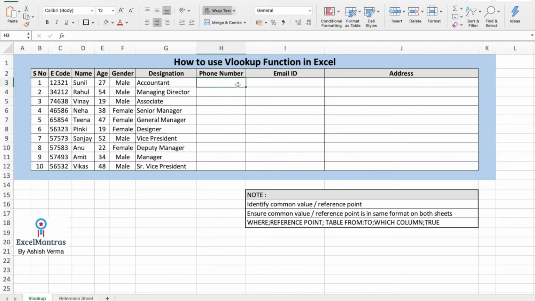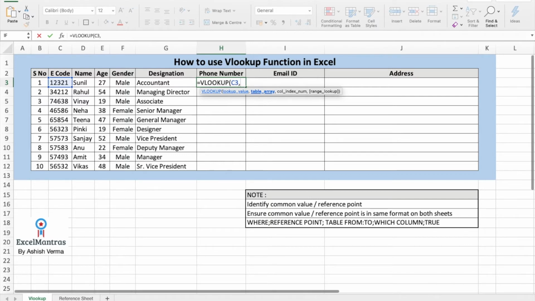The formula for VLOOKUP is equal to VLOOKUP, press tab. Now you select the reference point, which is in this case the employee code, comma. Now you select the table array.